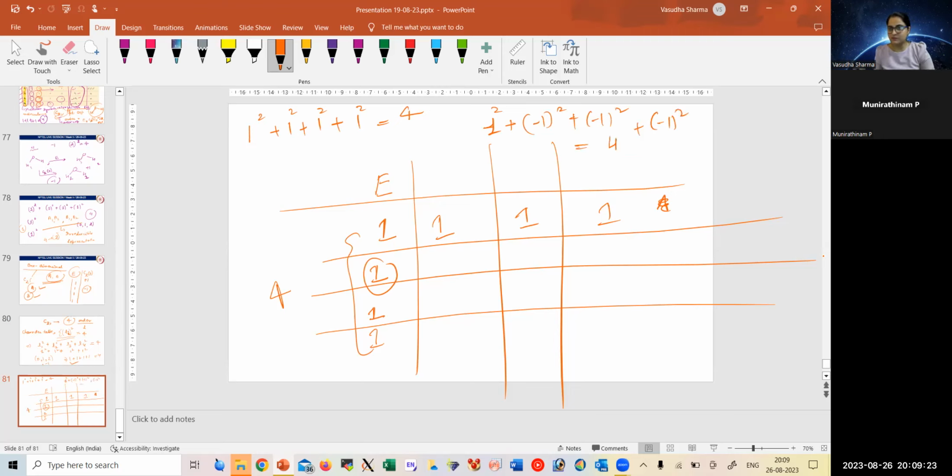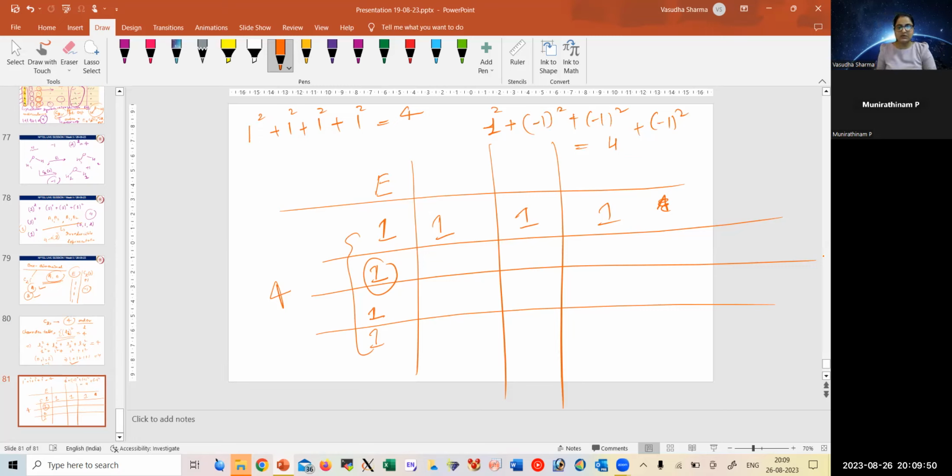Again, it is going to give me 4, because the square of a negative is also positive. Ma'am, here, column wise, 1, 1, 1, 1, 4. Okay. If we multiply row wise, means